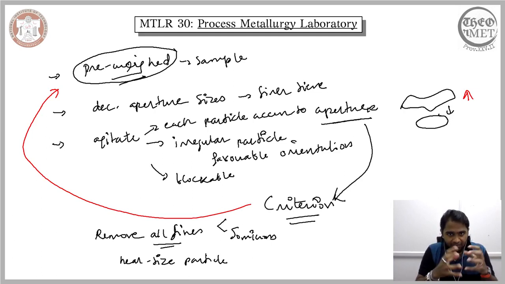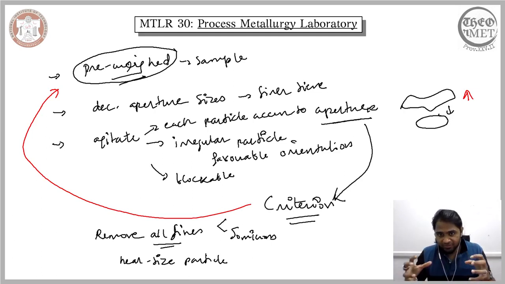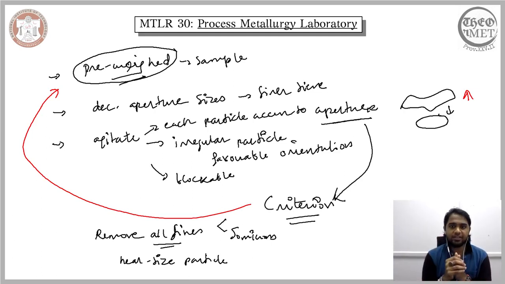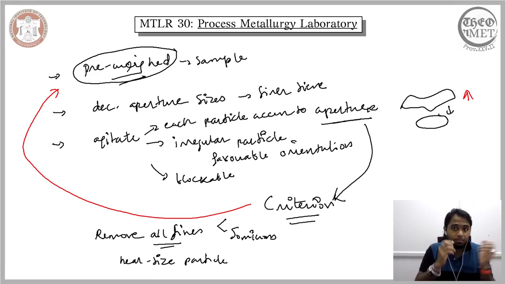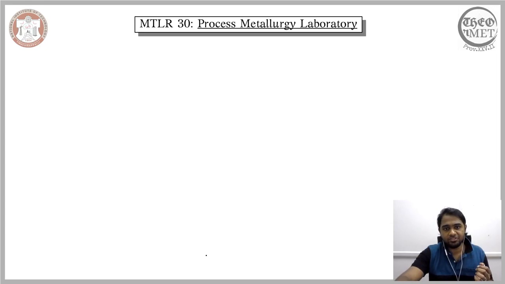Now while planning for your sieve analysis, you must operate on a specific criteria, and that criteria is every particle should reach the aperture. So this criteria dictates how much of a sample we are considering and what is the size of the entire sieve. And secondly, because of this criteria, we need to do some pre-processing that will remove certain materials or certain fragments that block the aperture. Now, having seen what is required and what is the overview of the sieve analysis, let us see how experimentally this is being done.